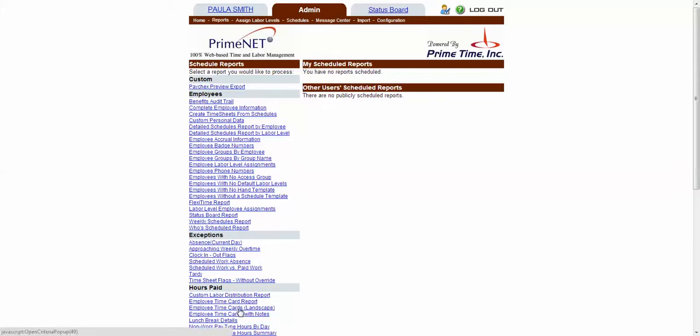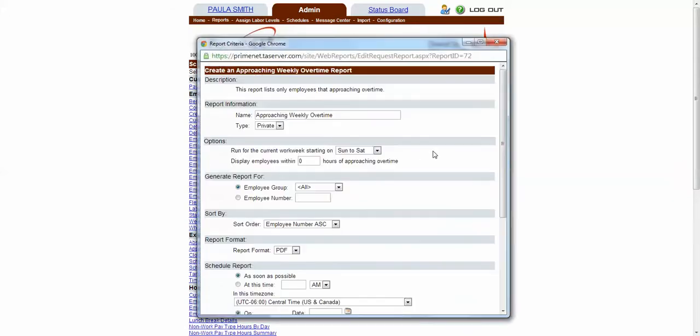Here's a list of the reports. Here's the one for approaching weekly overtime. Our work week actually starts on Wednesday and goes to Tuesday. And we want to display employees at this point of the day that I'm doing this video. We want to see who is within 2 hours of approaching overtime. Because this is a Tuesday, it's almost the end of the day. We're going to do it for everyone